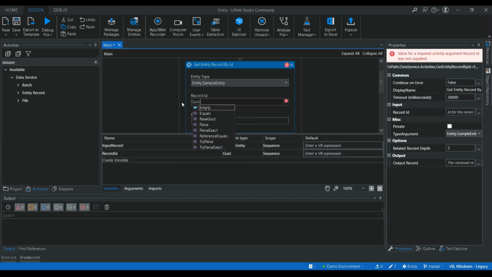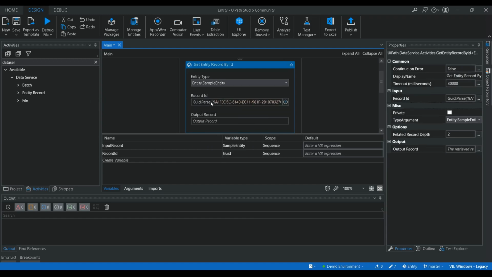So GUID dot parse this particular value. Why I created this variable is just to showcase what is the type of the data that we need to enter here. So it should be GUID. In order to convert this string to GUID, we have used GUID dot parse and we pass that ID value.